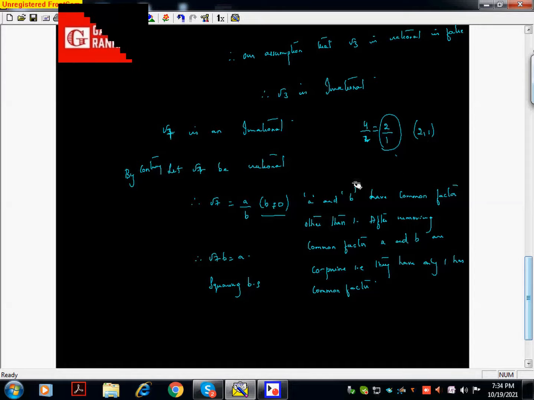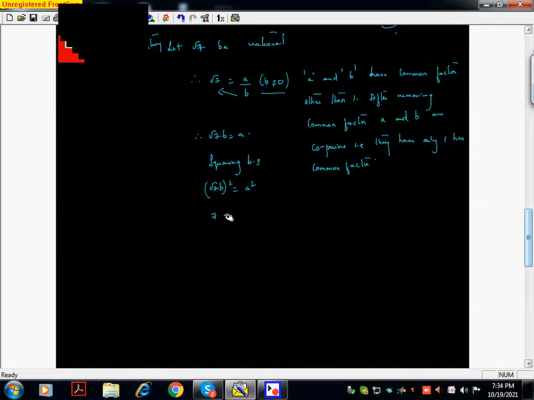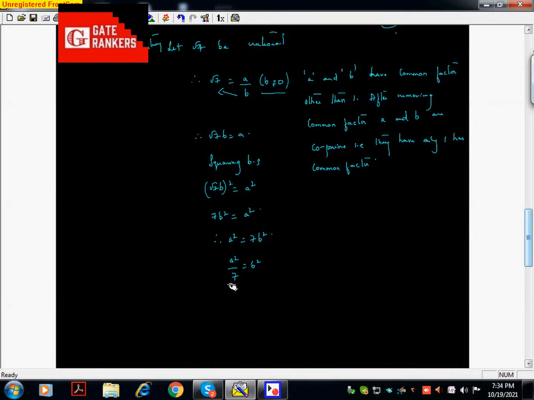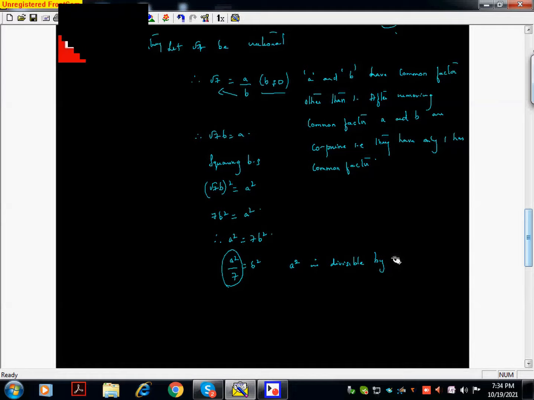So now after taking this, cross multiply and squaring both sides, root 7 b whole square is equal to a square. Root 7 square goes, 7 b square is equal to a square. Therefore a square is equal to 7b square. So a square by 7 is equal to b square. If you read this, a square is divisible by 7. By theorem, what happens? By theorem 1.3,